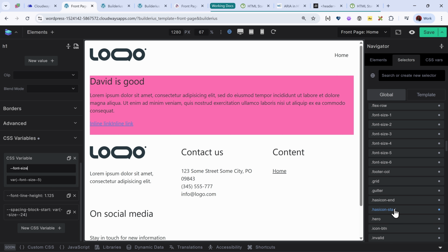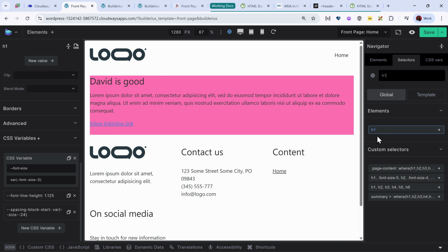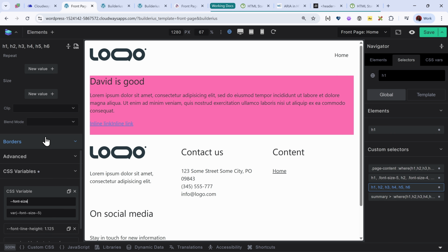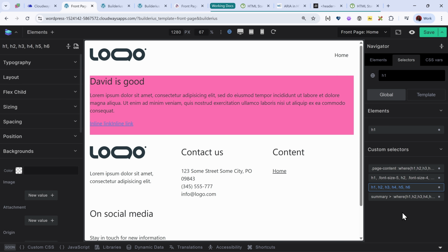You can always see any of them, and you can always search in case it is too overwhelming. So let's say I want to search for H1. You see the styles were applied to H1. The search uses fuzzy logic. So that means anywhere H1 appears, it will show us so that we know exactly everywhere H1s were styled. So we can see that we have styles for H1, H2, H3, H4, H5, H6, which we can always change because everything is changeable. We can always see it and change it.